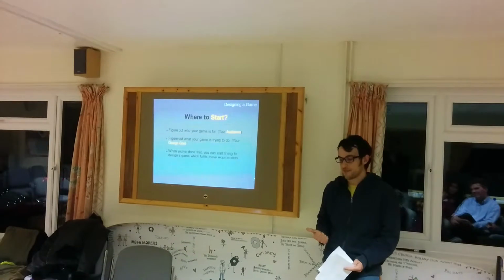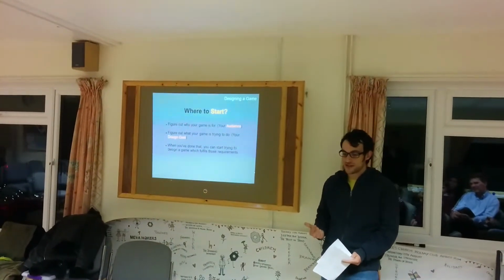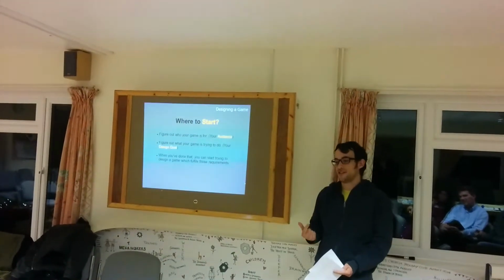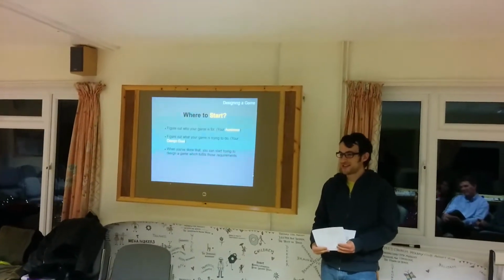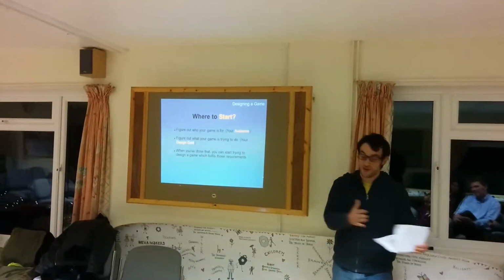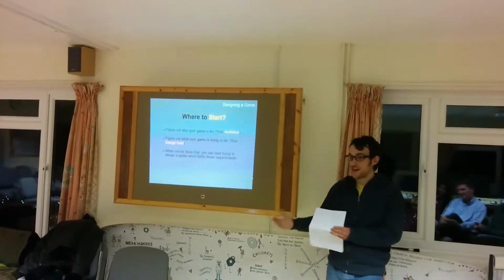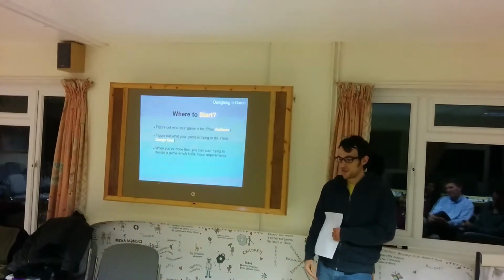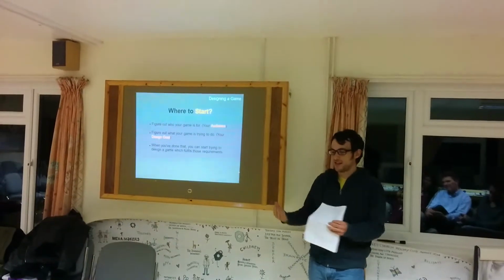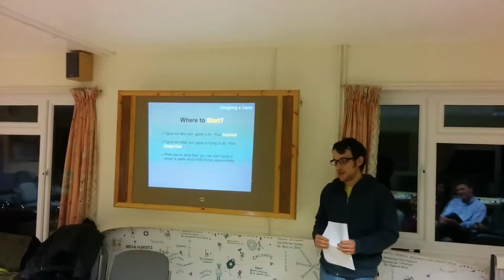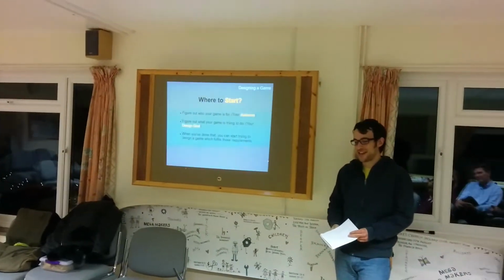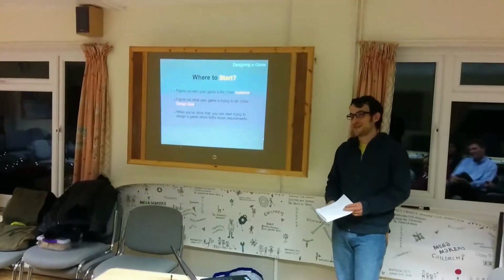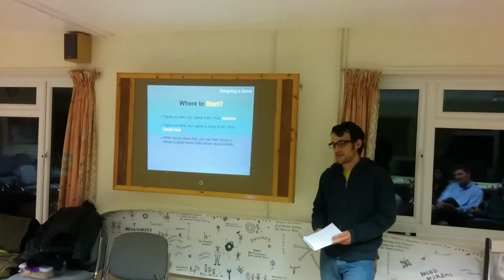Who is going to play our game? The next thing you have to think about is, what are we trying to do with our game? Again, you guys know what that is, right? You're trying to help your audience with learning. So that's what I would call a design goal. In designing a game, what's your goal for your game? And when you've done that, and only when you've done that, should you actually start thinking about what kind of game could do those things.